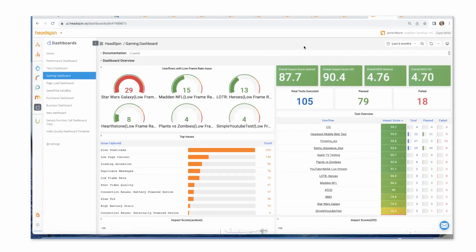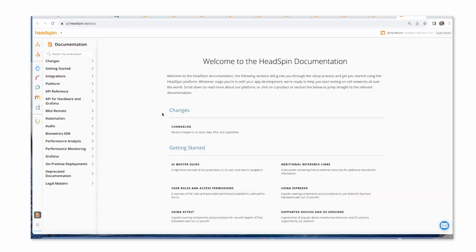The important thing is it's in the HeadSpin database that you can go and query, extract data, and present it back to you on what's important and how you want to track that. So just to wrap it up with one last thing, because I know some of you might be asking, okay, there's a lot of information there on what you're tracking. In our documentation tab,